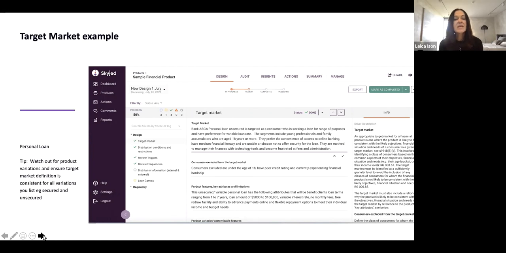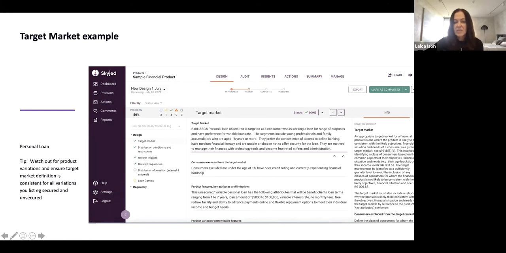You can see in this example, right in the middle of the screen, is this design. In this product strategy, I've got this design workspace that I'm using to set my target market determinations. Under this design, I have the ability to set up the templates, and I'm going to step through each of those templates.